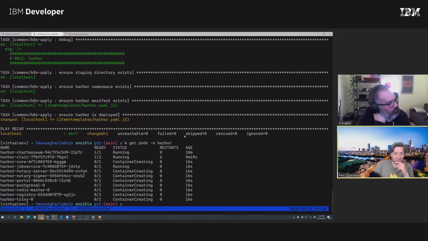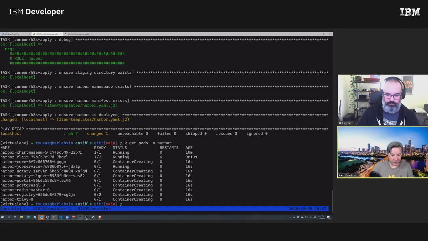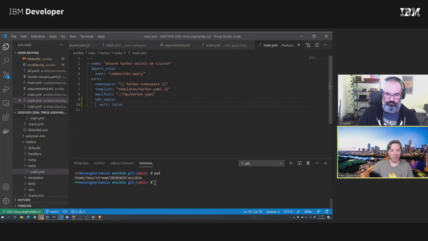So now I guess what we want to do, before we actually move on, is validate that they're all running. Yes. Right. And so to do that, I think we would do something like pods running.